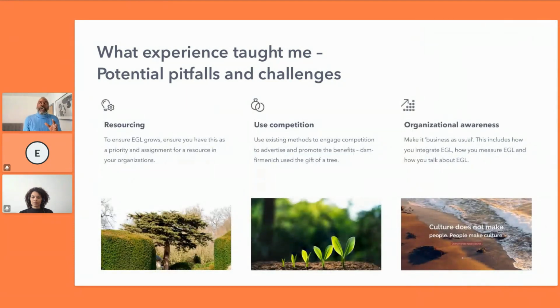Some of the other things which popped up when we were bringing it in and really embedding it in the organization was resourcing. And I talk about resourcing in the sense of community, and I mentioned communication previously. It's really important to have somebody who can help support the community of learning grow. Within our organization, we use Microsoft Teams, and anybody who became an author, anybody who was contributing, became part of that Microsoft Teams team. You know what I mean? Teams as in team, and Teams as in Microsoft.